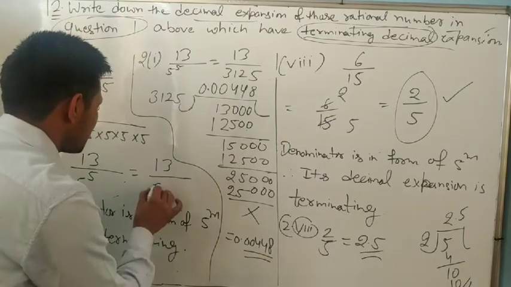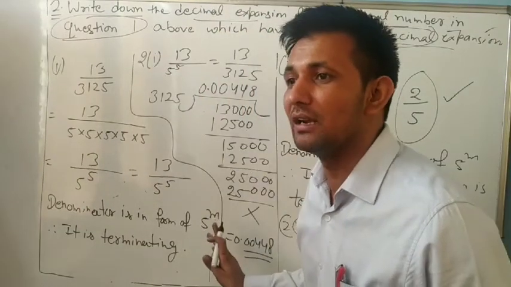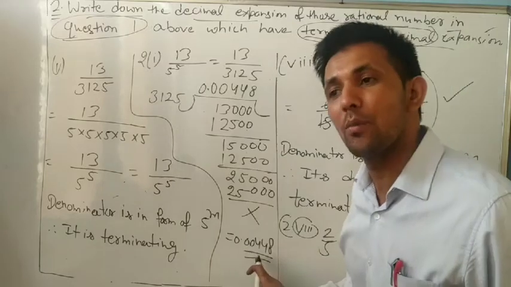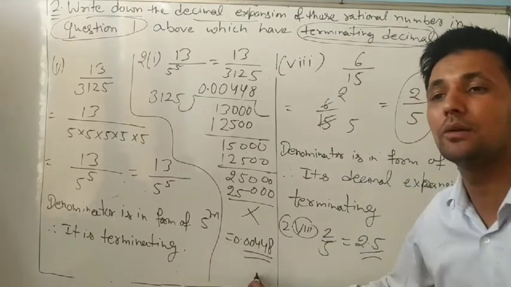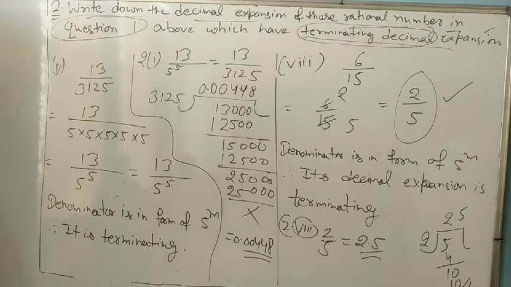So to remember, first we will do all parts of question number 1. Then we will divide by the long division method and we will check after how many decimal places it will terminate. And we will write it will terminate after 5 digits. It will terminate after 1 digit. So note it down first.